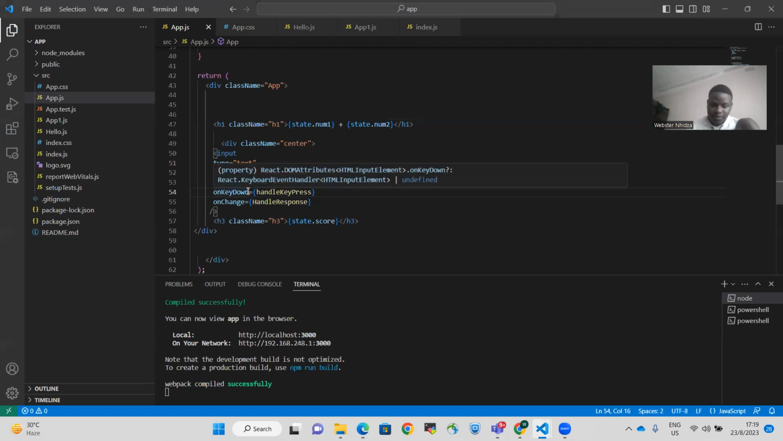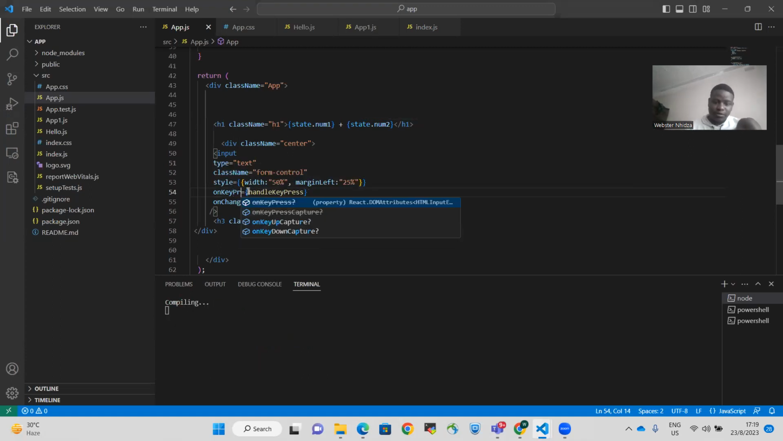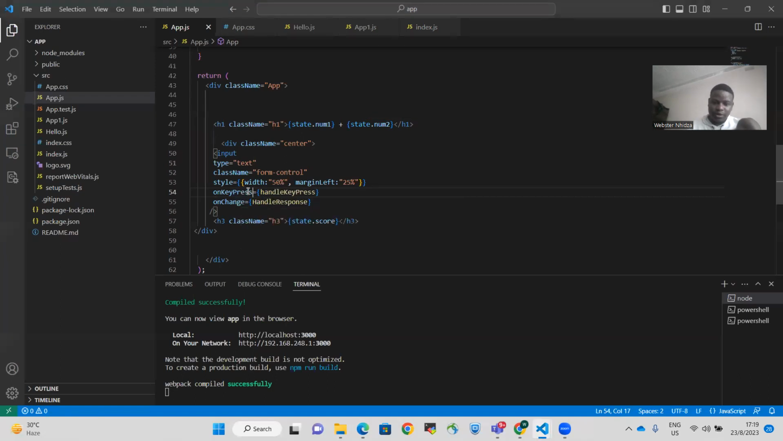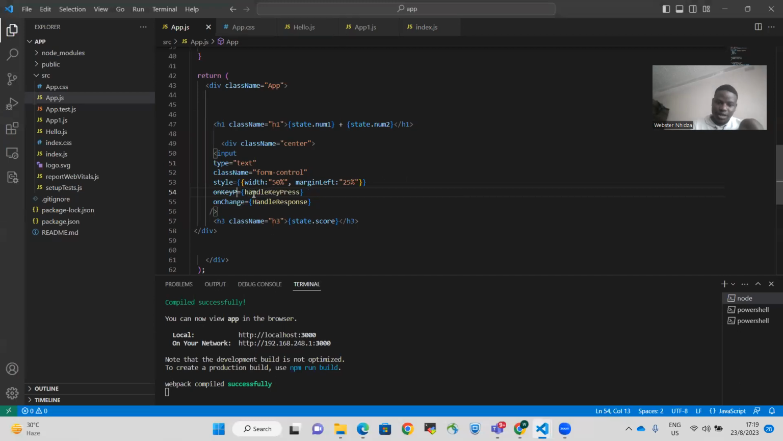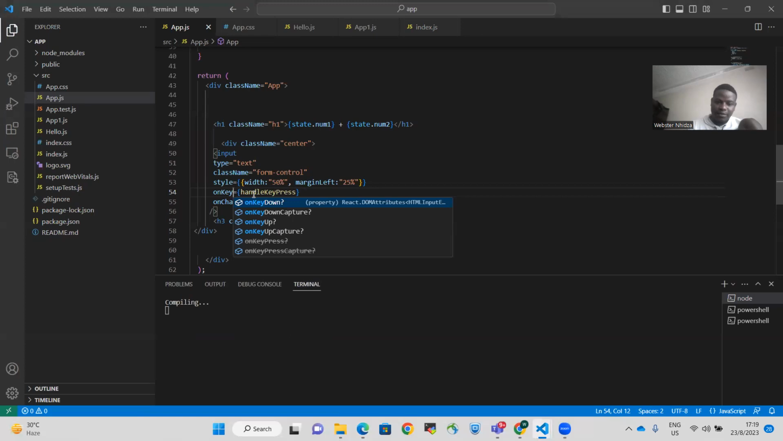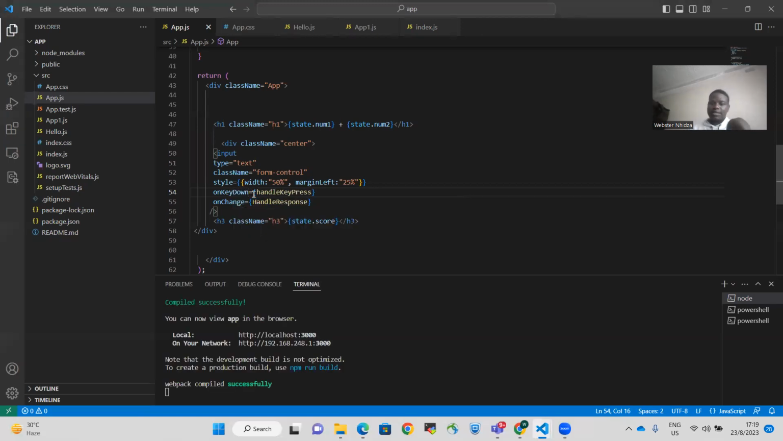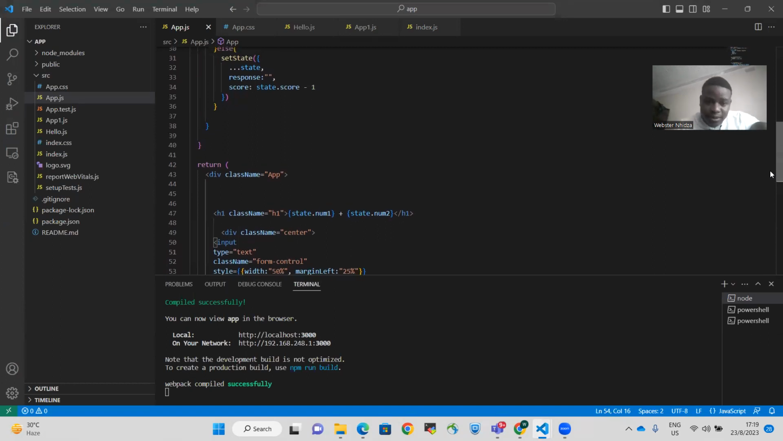But here on key press, and key press, is it duplicated? Okay, on key press is duplicated. So let us use on key down. Okay, on key down. So look at